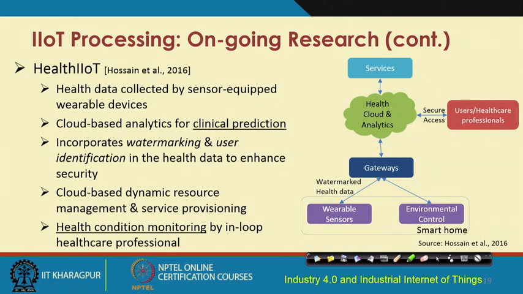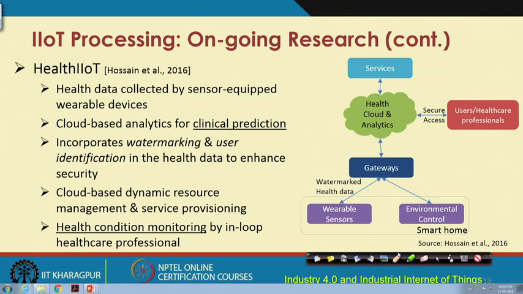Hussain et al. came up with the health IIoT solution, and this is the solution they came up with. In their architecture they are talking about smart homes. They considered the use of different wearable sensors which could be owned by different humans, and also the use of different environment control sensors at homes. The data from these environmental sensors and wearable health monitoring sensors like SpO2, temperature sensor, blood pressure sensor and so on